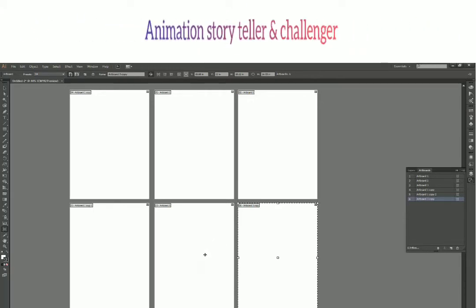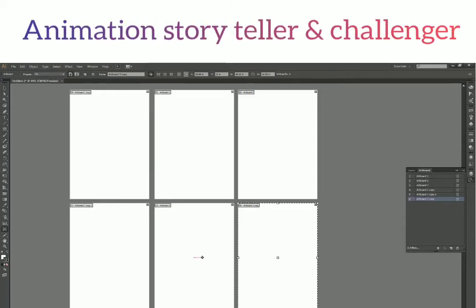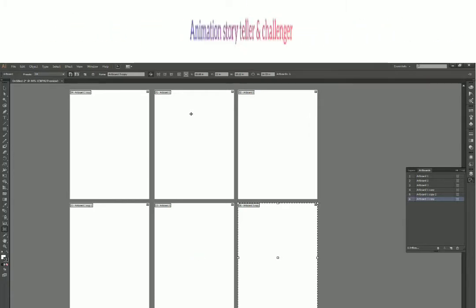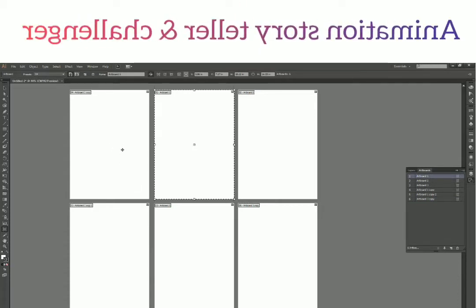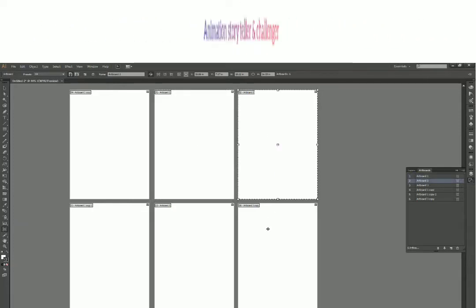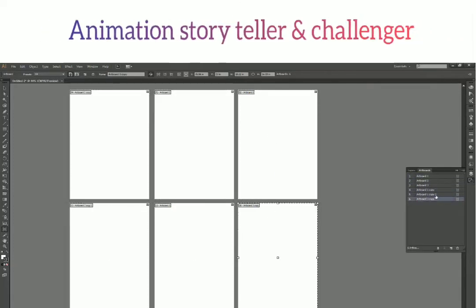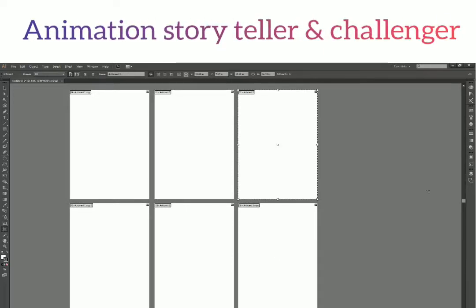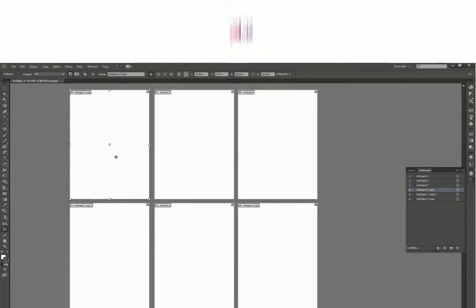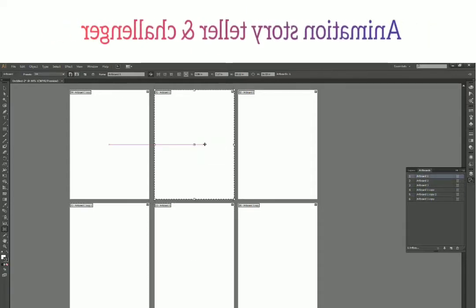Okay, fair enough. Now let's see how we can resize and rescale our artboard using the artboard tool. So I'm selecting artboard 1. Oh, by the way, if you want to select any of your artboards and modify it, you can just select the artboard tool and click on any of them. You need not select from the artboard panel. You can absolutely avoid it. You can even close it. That's no problem. But I'm just opening it for the sake of more information over here. So yeah, I can click on any of these artboards to select the active artboard.